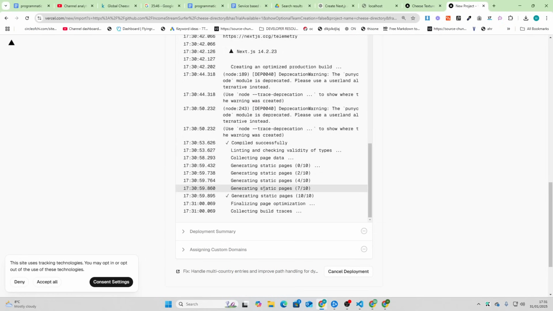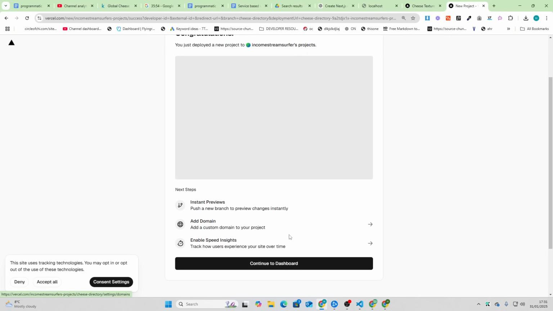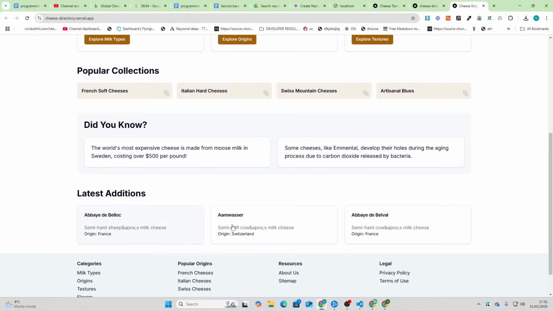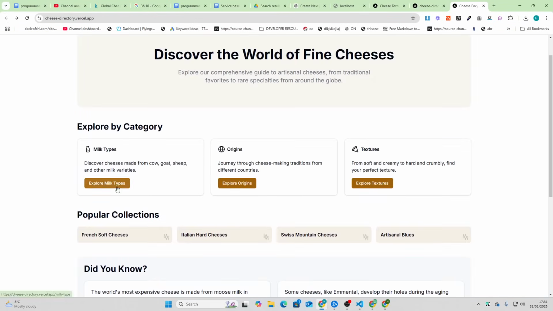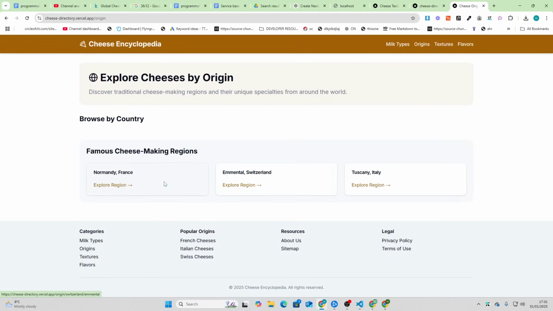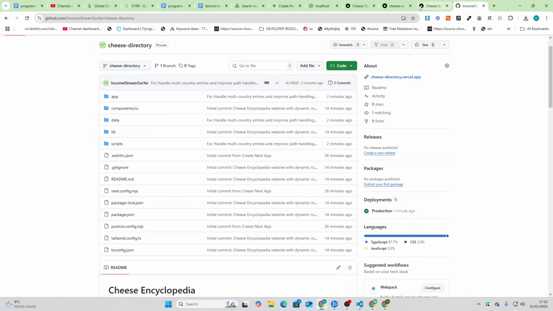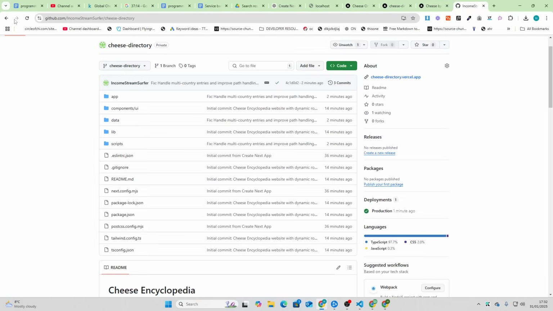Okay, so there's obviously an issue here because it's saying generating static pages 10 of 10, but that's not all of the pages. But there we go. At least it worked. So we should be able to continue the dashboard, open it up. Did it not generate the cheeses? I'm not sure it has. Oh yeah, Tuscany. No. Right, so I think the problem here is that I need to run other commands on